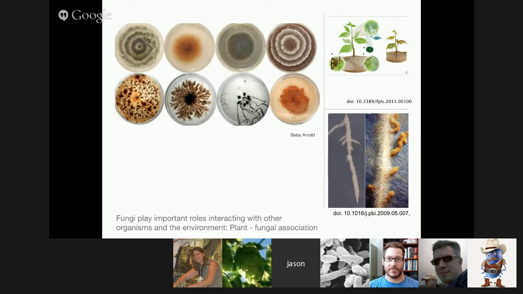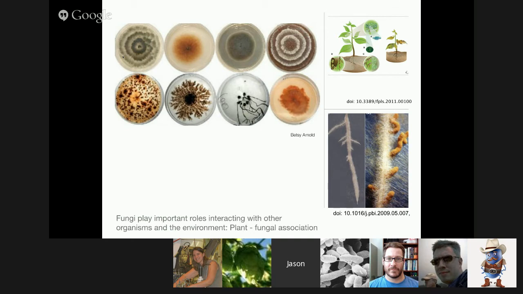Here's some illustrating some cases of fungi associating with plants. On the left-hand side are some cultures of different endophytes that have been grown out of leaf tissue, and this is from Betsy Arnold's lab at University of Arizona, where this is just showing the remarkable diversity of morphology and color and in many cases metabolism that you can find just in fungi that are growing inside of plants, and they play an important, maybe particularly underappreciated role in some of the ways that plants deal